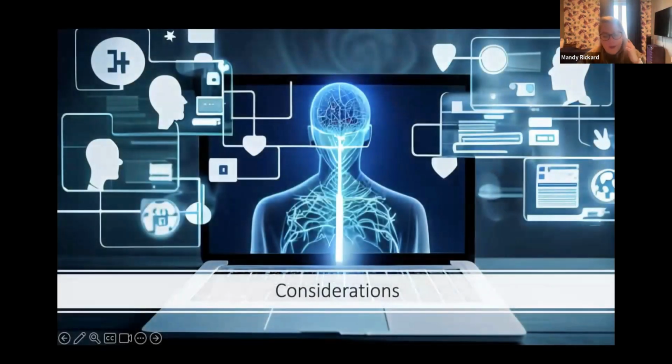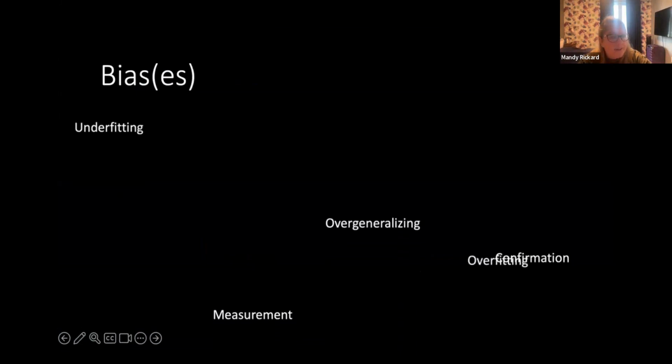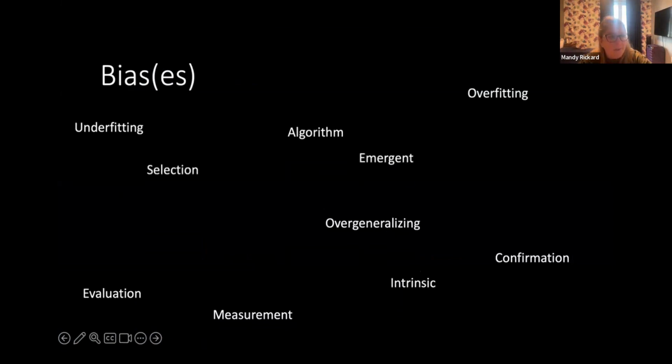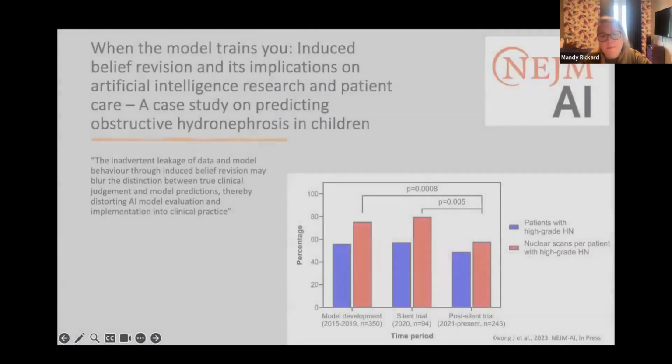And so now that we have access to all of this technology, what are some of the things that we need to consider when we're using it and when we're moving forward? So we need to be aware of bias in any machine learning work and keep in mind that there is serious risk of bias in every phase of machine learning research, from conceptualization, model development, testing, validation, and deployment. In order to ensure responsible machine learning use in medicine, researchers need to be aware of all types of bias and to control for this as much as possible.